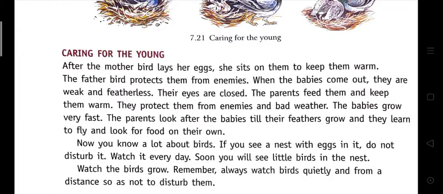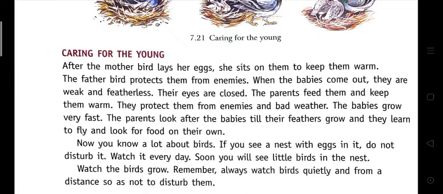So the parent birds feed them until they learn to fly or collect their food on their own.